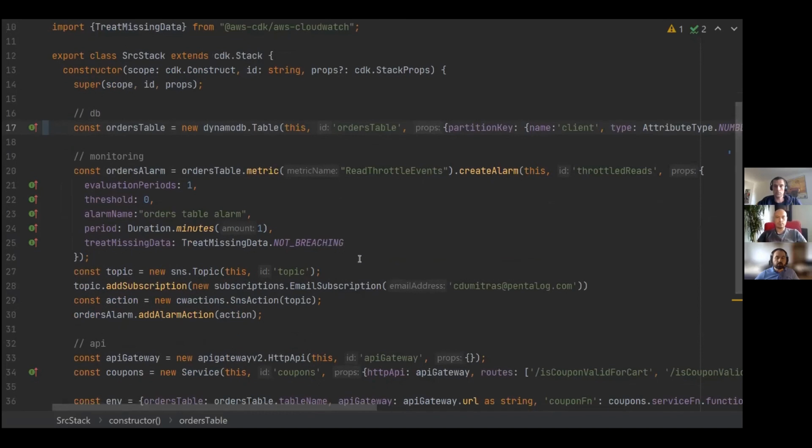To set up monitoring on a DynamoDB table, you can see here I'm referencing it, and I'm actually using an already existing CloudWatch metric, because any AWS service that you provision comes with a bunch of them, and they're free. That's the best part. That's why I say, everybody should learn to use CloudWatch.